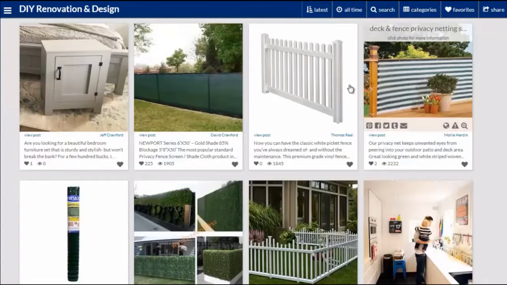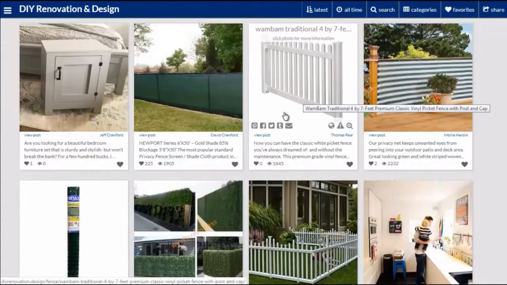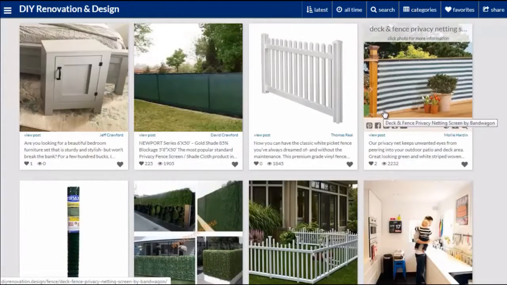Now, when we hover the mouse over a post, you'll see that the visitors can share any of the posts with all the usual social media sites, including Facebook, Twitter, Pinterest, Tumblr, etc. In other words, the major social sharing sites that can bring in serious traffic and backlinks for you just by